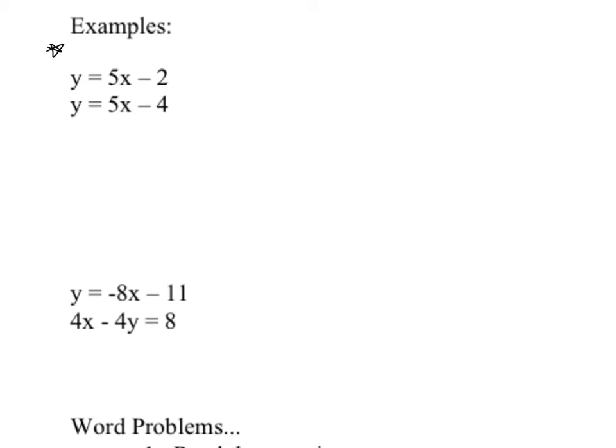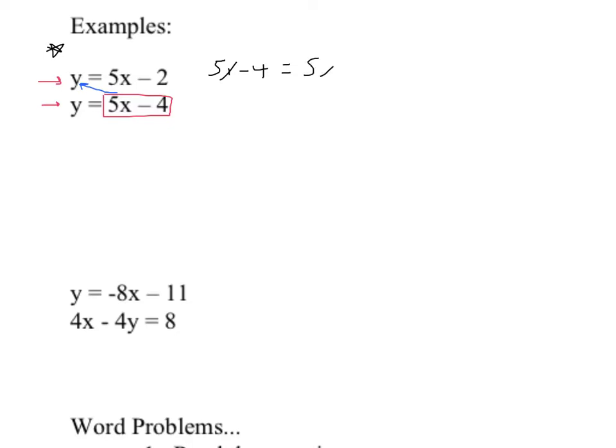Well, again, remember the goal is to have one equation solved for a letter or a variable so we can plug it into the other equation. What's actually happening here is that we have two equations solved for a variable, so we can choose. So I'm just going to take this y value and plug it into the y of the other equation. So basically it looks different because both equations are solved for a variable, but really it just gives us a choice. So here, when we plug it in, we would get 5x minus 4, that's replaced into that equation,